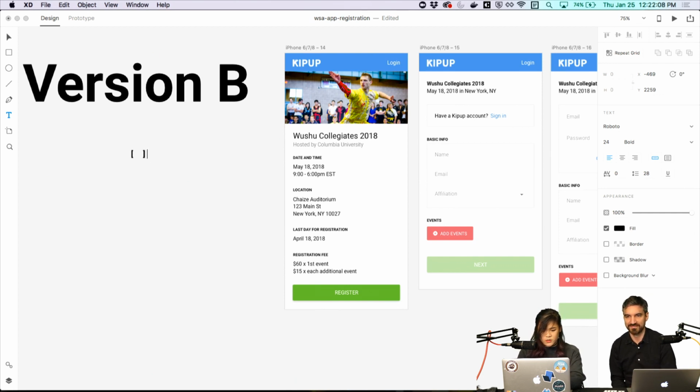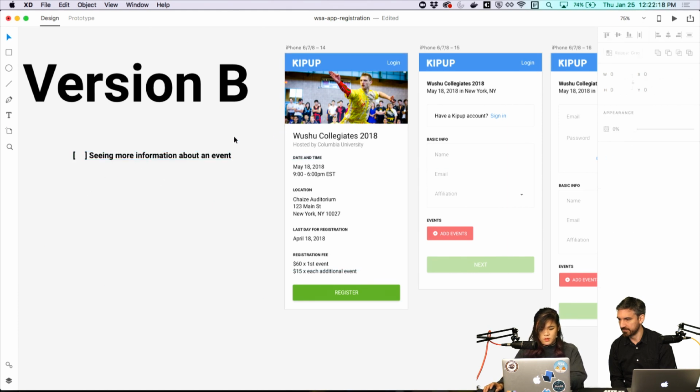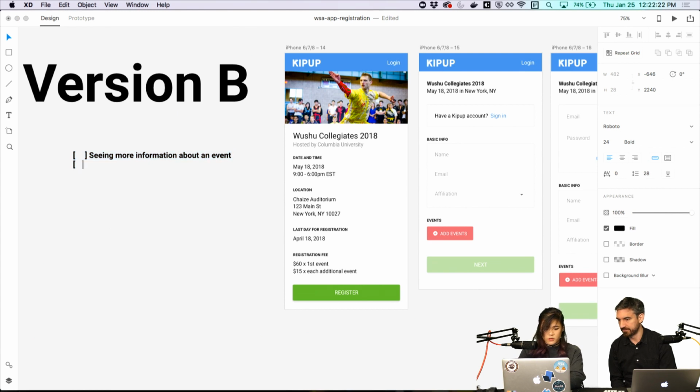So the first thing we were talking about is seeing more information about an event is something we want to explore. Here we go. And the other thing we were talking about is maybe trying rewording sign in / have an account.